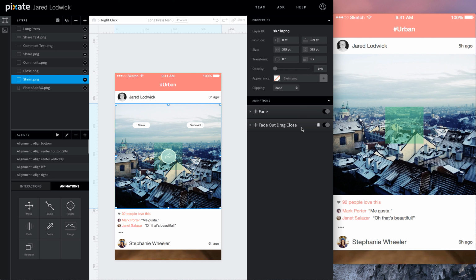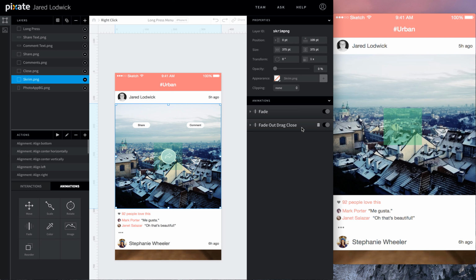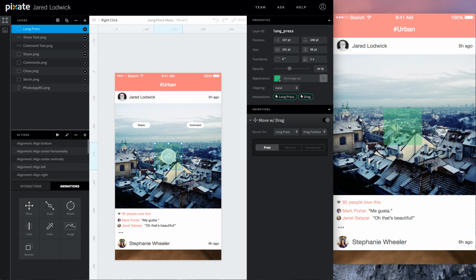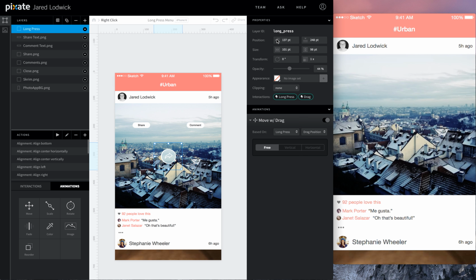Okay, so once we get this open, see this drag is working just how we want it to. And if I let go, it shrinks in and goes off. So now we have that working, we can come in here and we can make this invisible. So you're going to have to remember where the long press layer is, since we want this to be invisible, but it's just right in the center. Put it in there. I can drag it around, and you can imagine this is just on my thumb. At least that's what it looks like to anybody that you tell. And once you close it, it shrinks just like that.